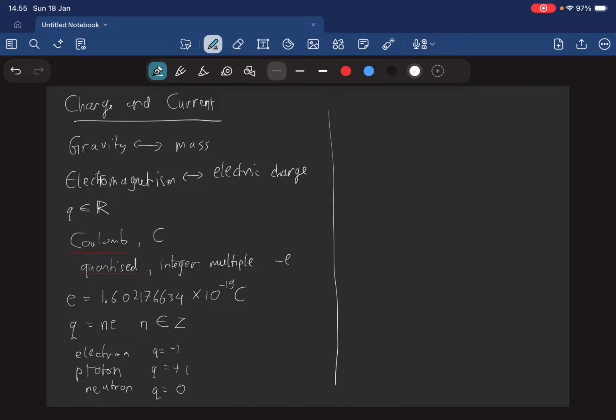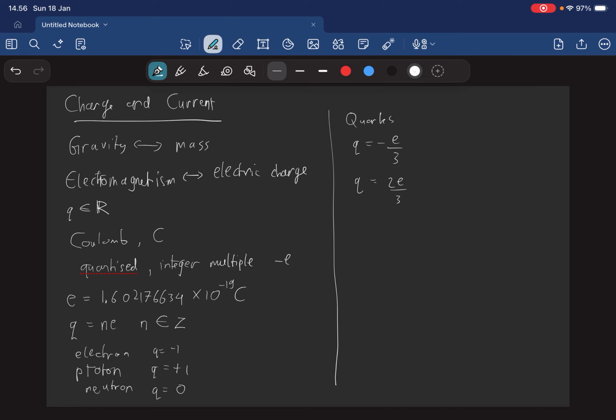As an aside, the charge of quarks is actually Q equals minus e divided by 3 and Q equals 2 times e divided by 3. This doesn't change the spirit of the above discussion, since we could just change the basic unit. But apart from in extreme circumstances, quarks are confined inside protons and neutrons, so we rarely have to worry about this.